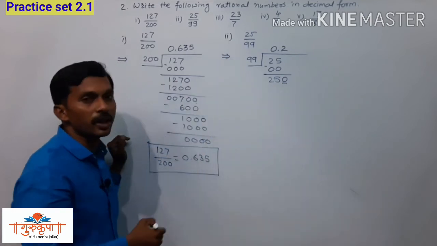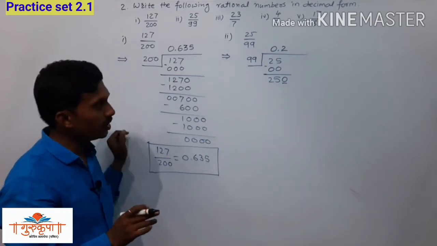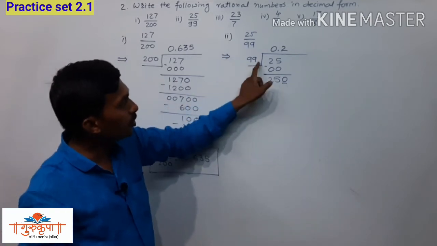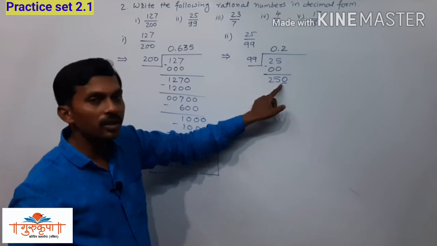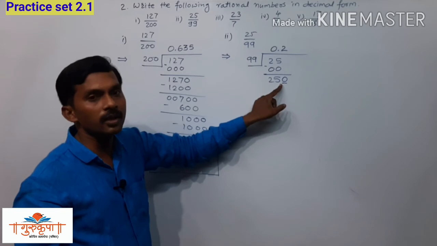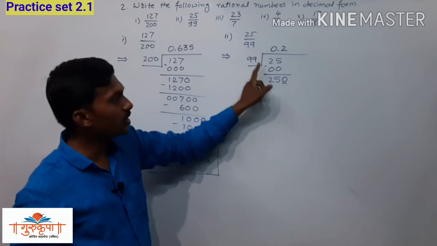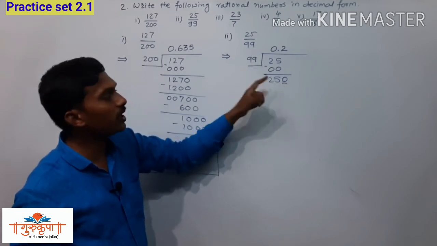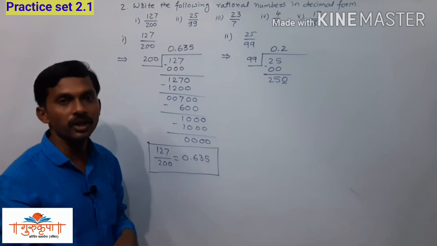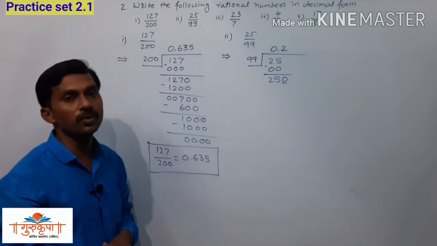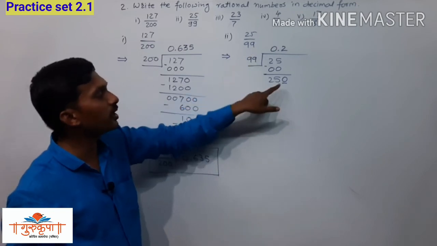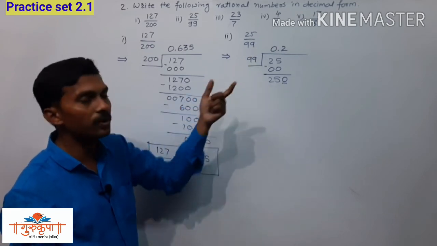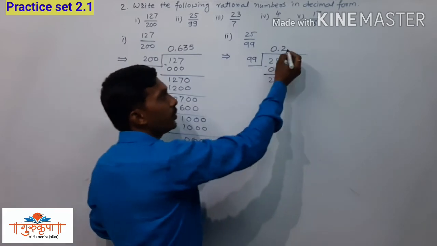How do we get that approximate quotient? We skip one digit from both the numbers, that is from the divisor and from the dividend. We skip one digit at the ones place, and now we have to divide 25 by 9, that is 9 2s are 18. So we get 2 as the approximate quotient, and that is correct. We check that 2 multiplied by 99 is 198. We have 250, so we can divide. So we put 2 here.